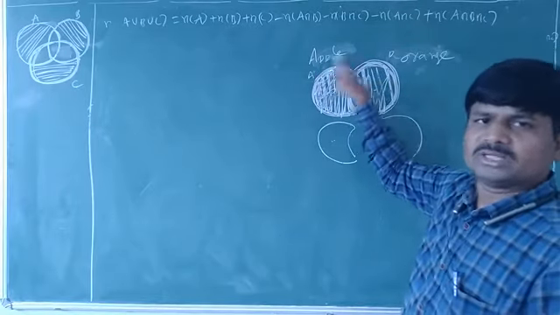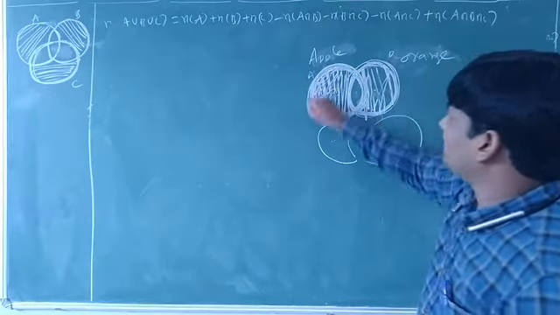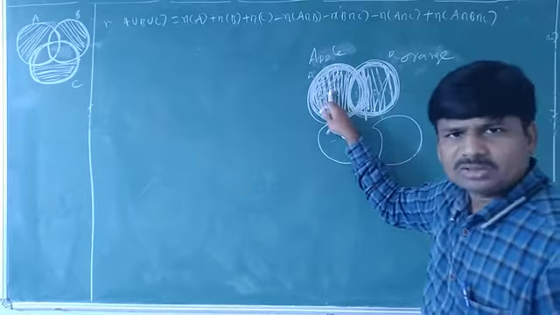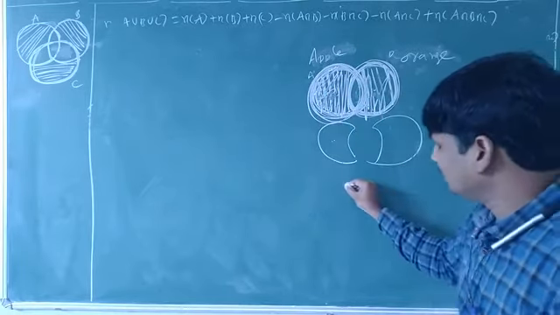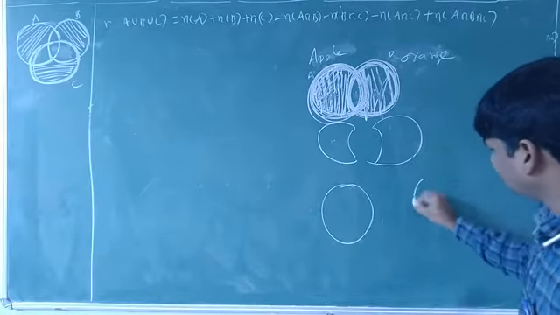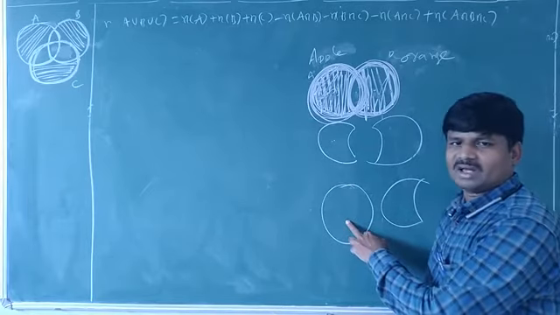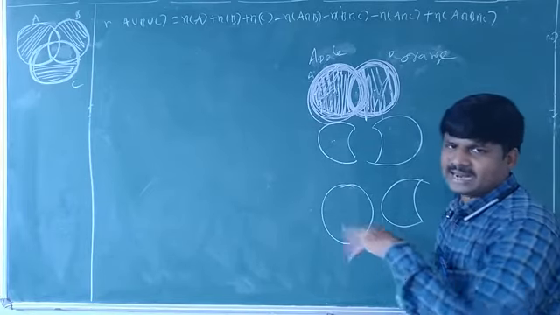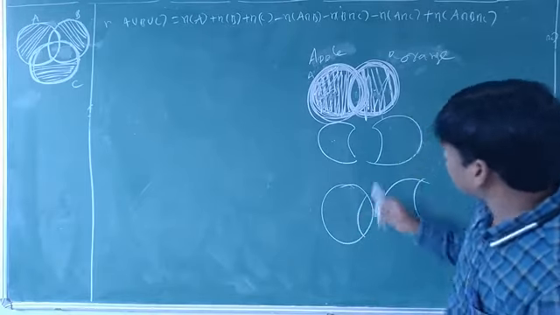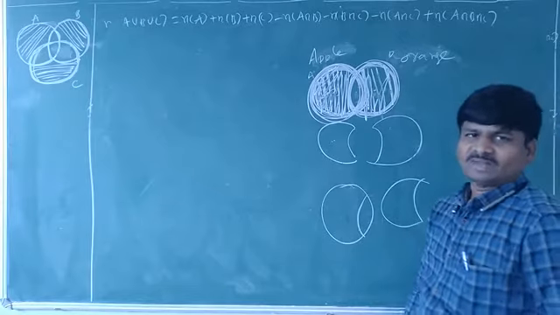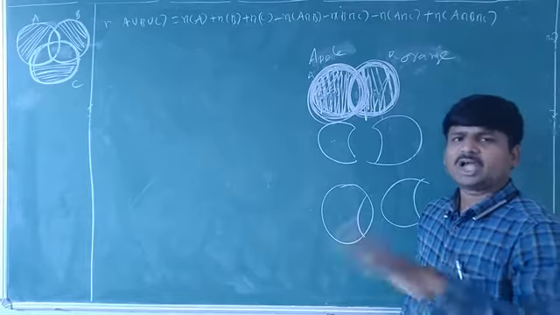Some will be taking apple juice and orange juice. What about this part of the full circle? Full circle means somebody is there taking only apple juice, and somebody is there taking apple and orange juice also. Are you understanding or not? See, there is so much difference between this one and this one. Here, what is that one? I take apple juice. I take apple juice means, suppose one more part is there, this part is orange juice part, I will take orange juice also. I take apple juice does not mean that I will not take orange juice.